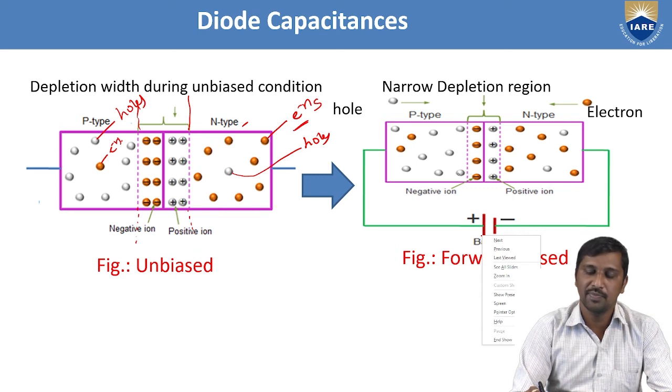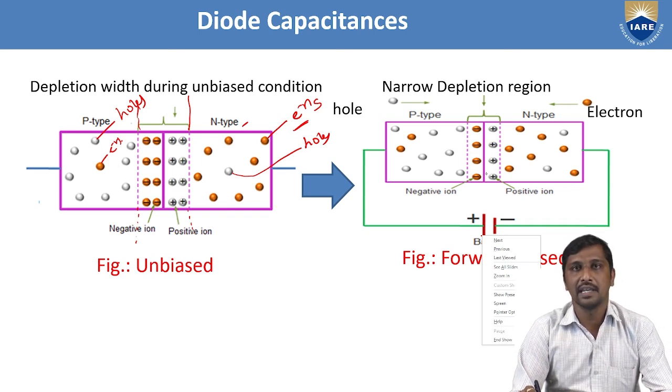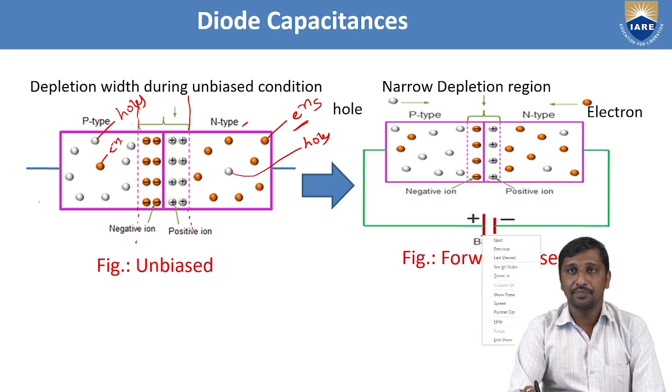From this point of view, whenever it stores some amount of energy here, it acts like a capacitor. So here the P side acts as a conducting plate, and this side acts as another conducting plate. Between them, the depletion width is there, which acts as a dielectric medium here. And similarly, we need to observe